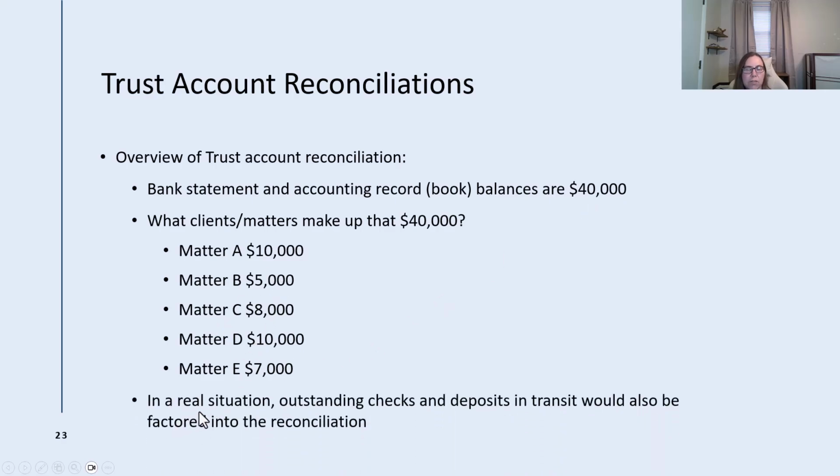Now, of course, in a real situation, it's going to be a little more complicated. You'll probably have a lot more cases or matters, and there will be outstanding checks and deposits in transit, sometimes also that would have to be factored in. I do have an Excel spreadsheet available on my website with an example of this, and the formula is already set up in there. So you're more than welcome to download that, try it out, experiment with it,